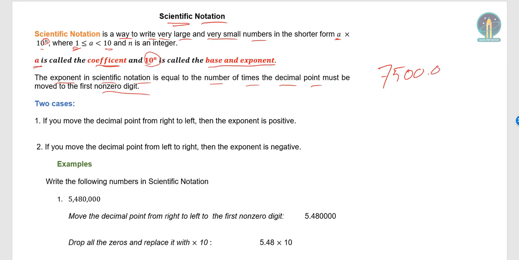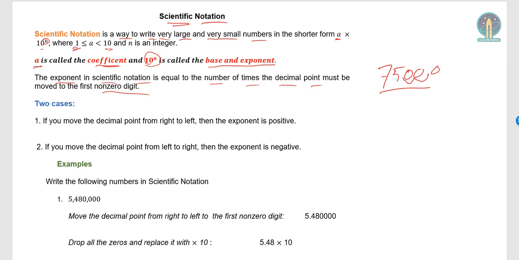So this is the point. In a whole number, the point is written at the end of the actual number. So 7,500.0. Now, if we want to write this in scientific notation, you would move the point, the dot,